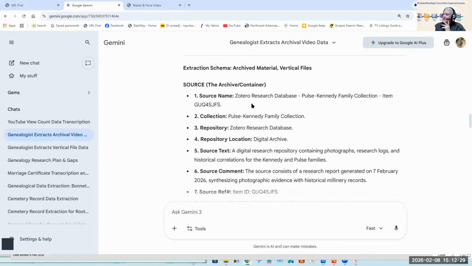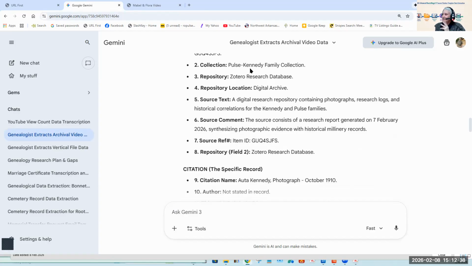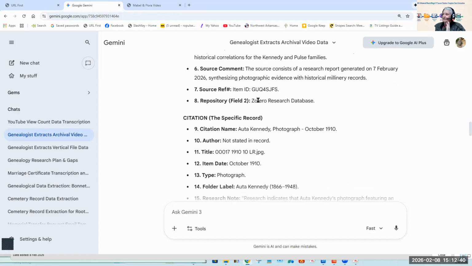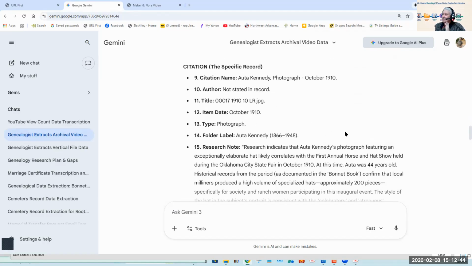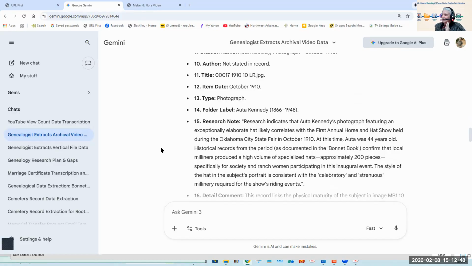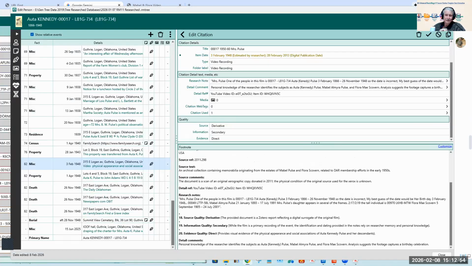Now, again, all the source stuff has to be looked at with a grain of salt. I didn't accept any changes to the source, and I took the citation material, and I don't think I changed anything in the citation material. I think it was really quite fine, and so I then put that into here, and that's 1910.